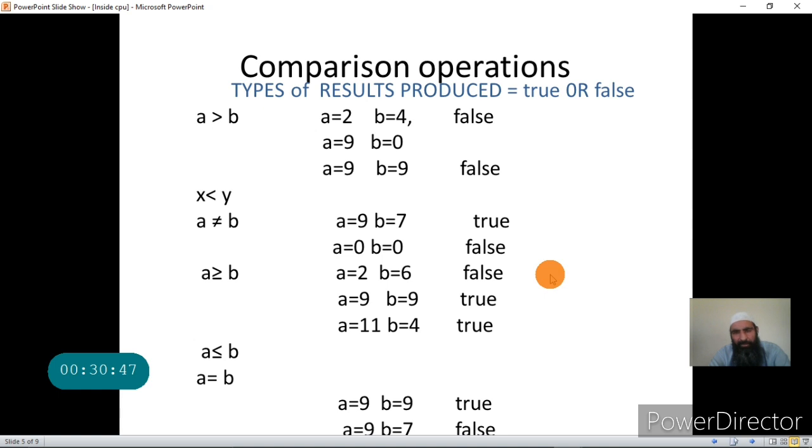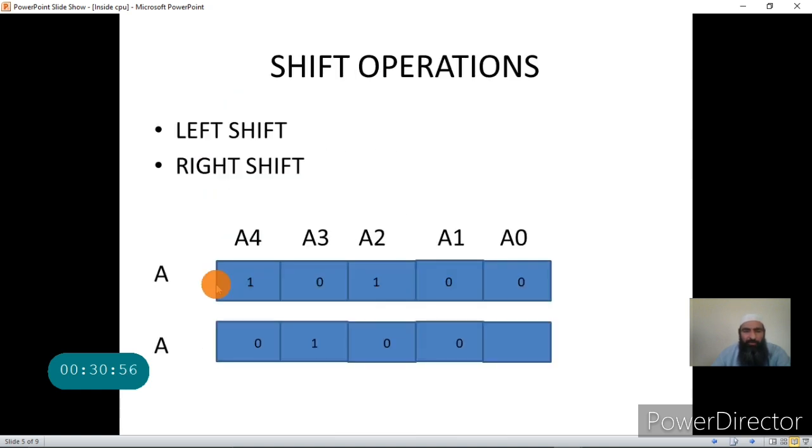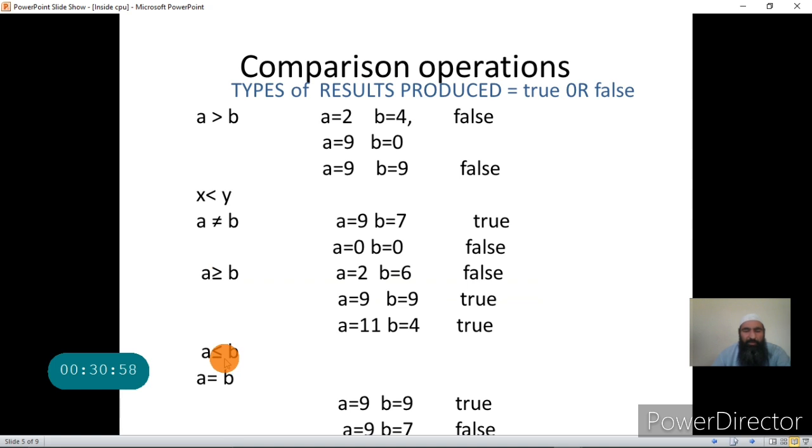You have been using these comparison operations in mathematics. The different comparisons that are possible are greater than, less than, not equal to, greater than or equal to, less than or equal to, and equal to. What we are doing here is comparing the values of A and B, and if A is greater than B, the result will be true, and it will be false if A is less than B.